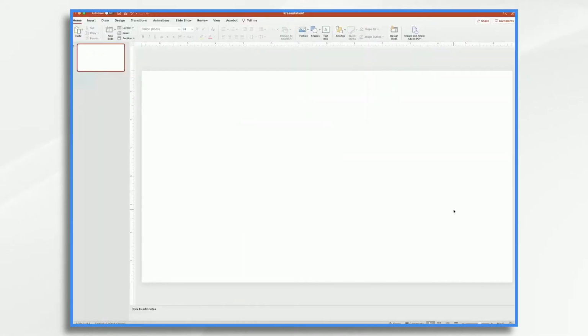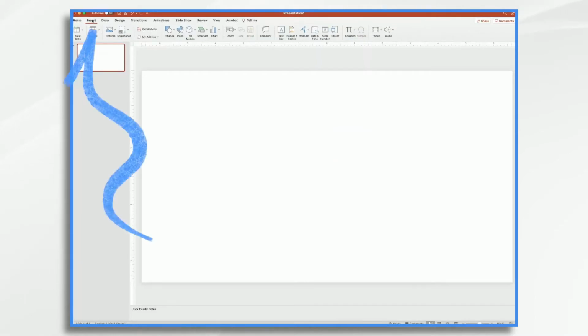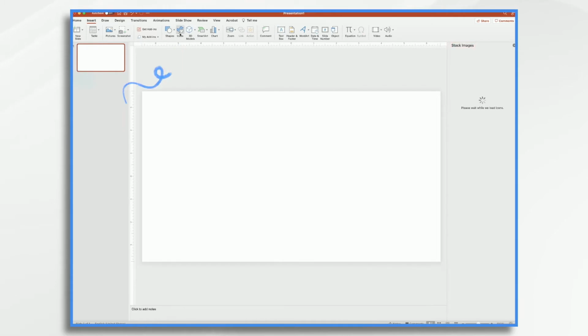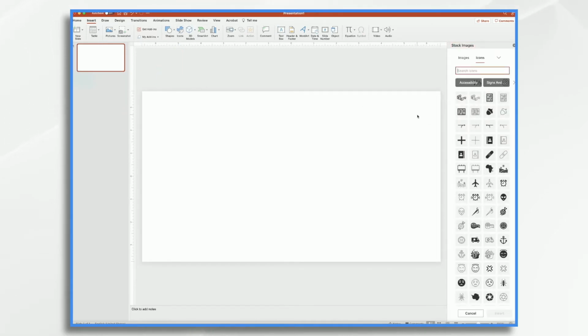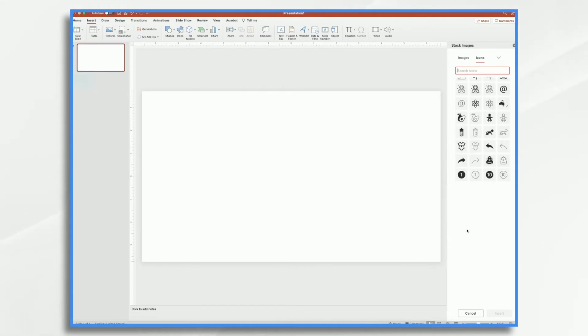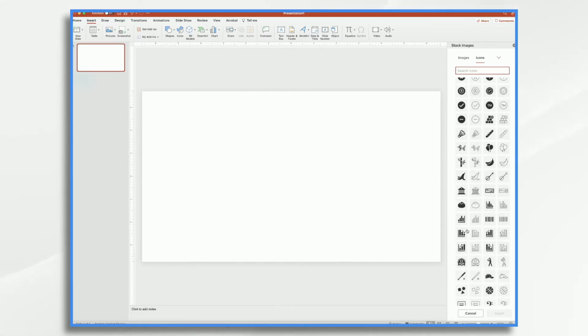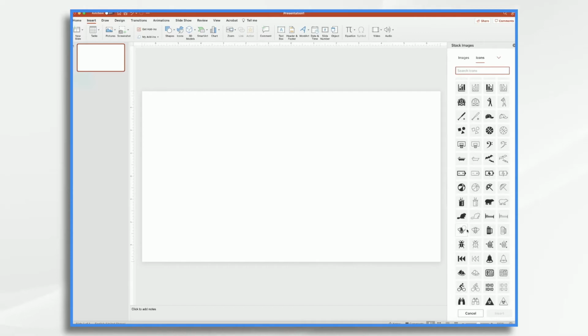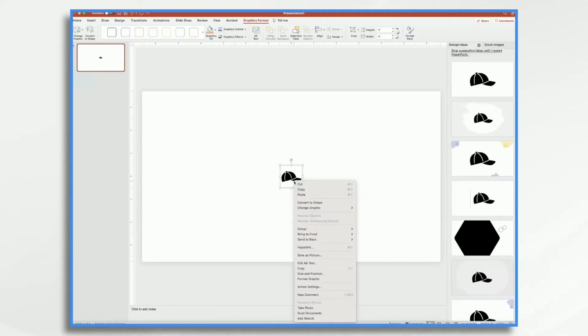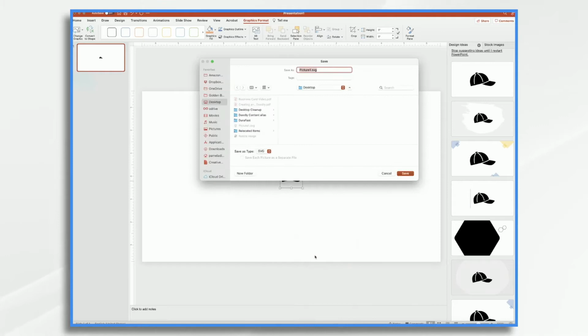So let's delete that and let's insert something new. So go to Insert and let's try icons. And here are all of these wonderful icons that come pre-installed in PowerPoint, and you can use them. So let's just pick one. Let's say we need a baseball cap. So you select it, click Insert, right click, save as picture, give it a name,